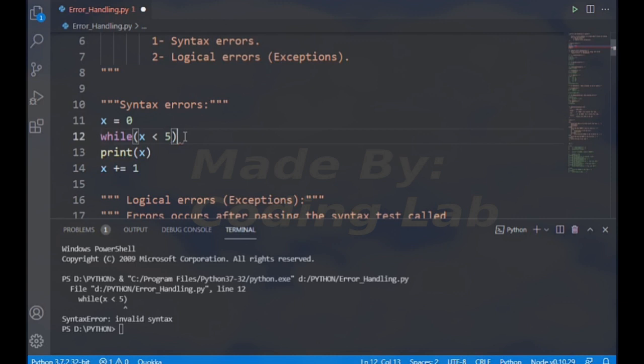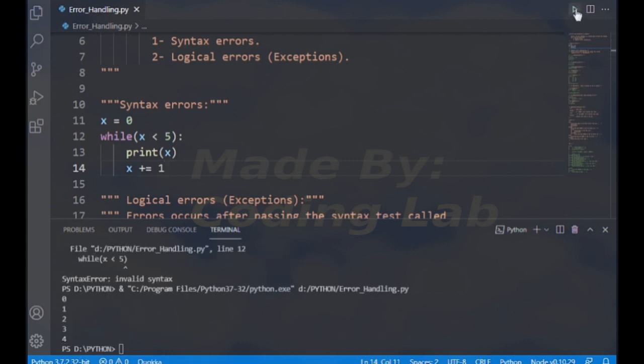We can fix this code by adding a colon here, then indent this code to the right. Okay, then we can run our program again. We will have 0, 1, 2, 3, 4. Okay,